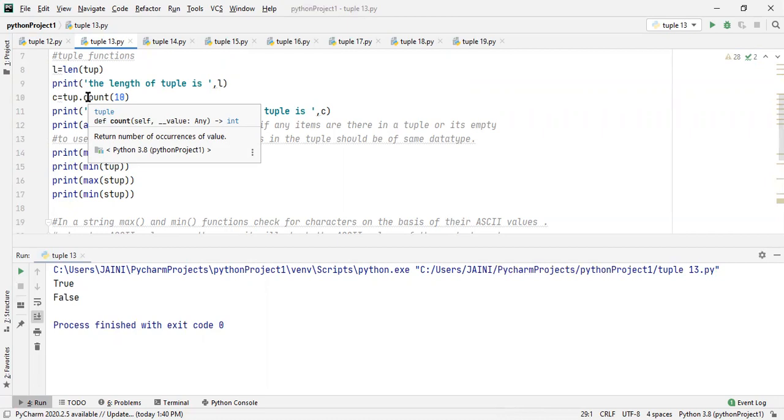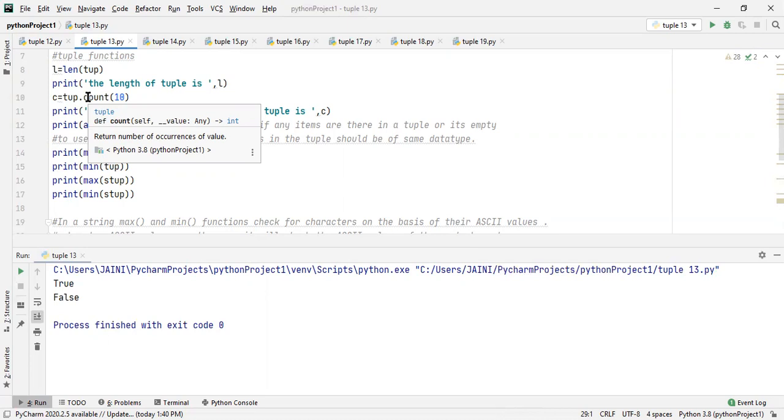These tuple functions are very similar to the ones in string and list, but there are some functions of the list that you cannot use with a tuple, like append, extend, remove, insert, and pop.